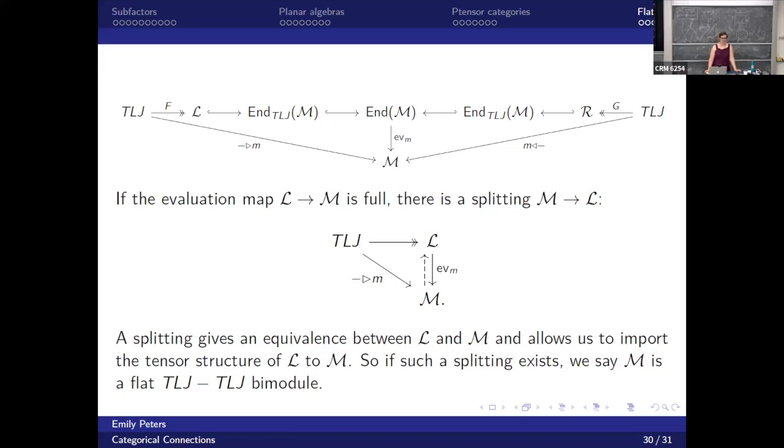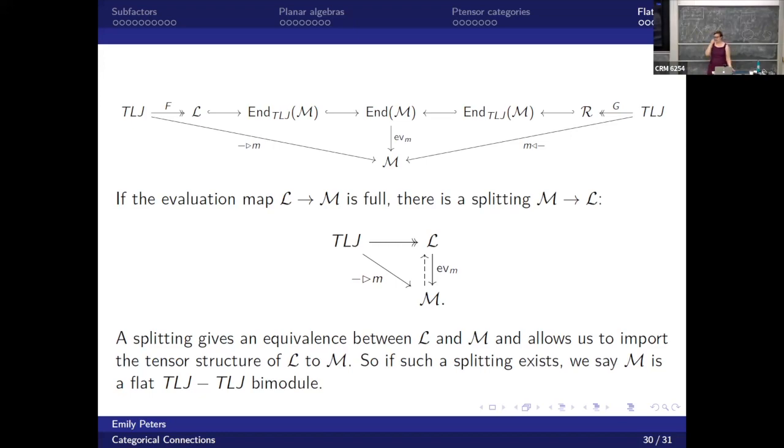Excellent. What else? And so this conditional expectation, is it like a map from B to A? Yeah, exactly. So we have A contained in B, and part of being subfactors is that we can get a conditional expectation from B back down to A, which respects the action of things. That comes for free with a subfactor.